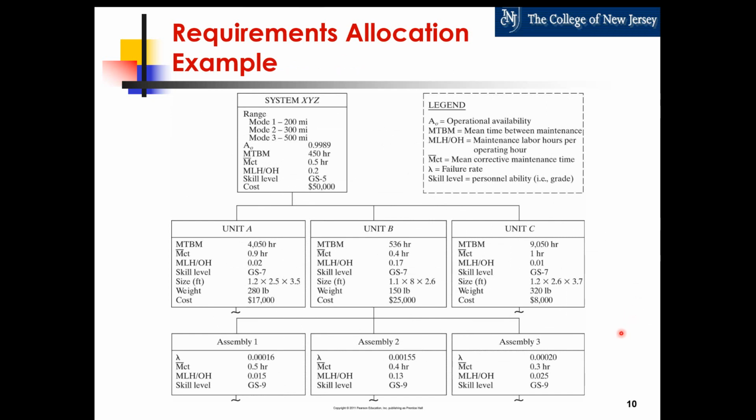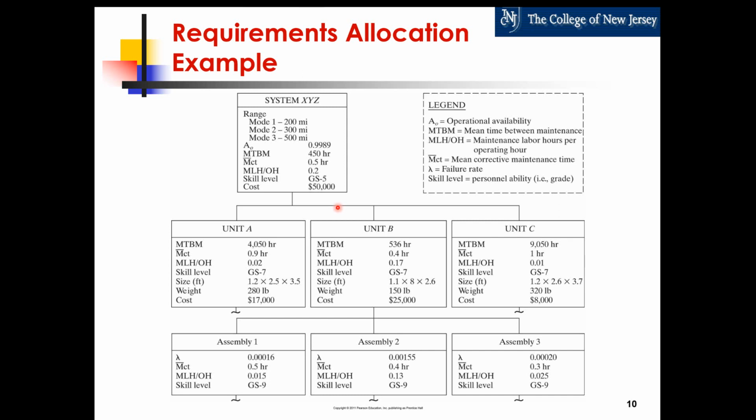Furthermore, this functional packaging allows you to budget and trace different aspects of the requirements of the system and allocate them to different units. For example, at the top system level, you may have a cost, you may have certain system availability, and you may have certain reliability requirements or mean time between maintenance. So you can start allocating that,